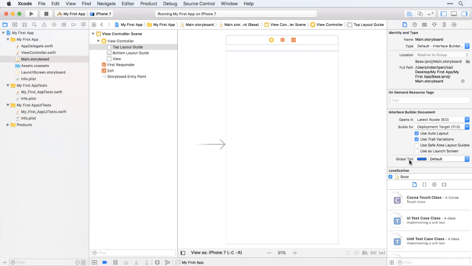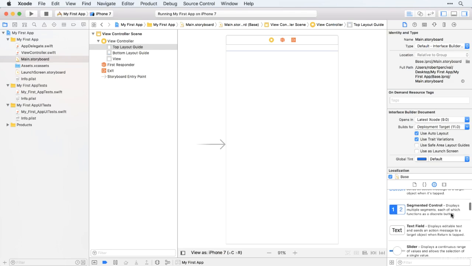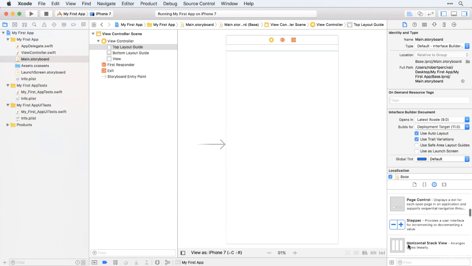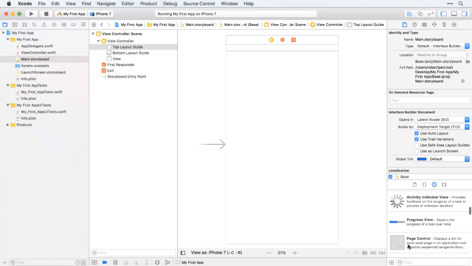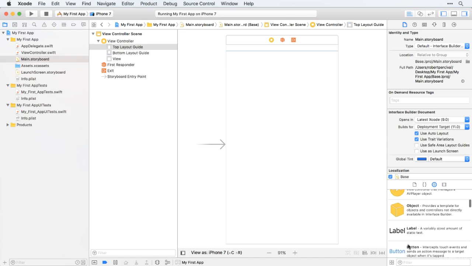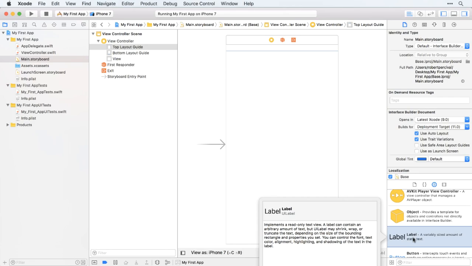And we do this using the object library, which is actually positioned at the bottom right of the screen down here, and we get it by clicking the little image of a square inside a circle there. So click on that and then you can have a little scroll through. You can see a bunch of different types of things, especially when we get down to here. Hopefully you'll get things that look reasonably familiar to you if you have an iOS device. The one that we're particularly focused on right now is the label. So click on label and then just drag it in